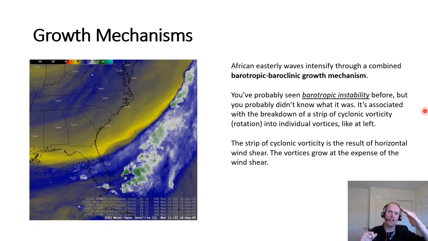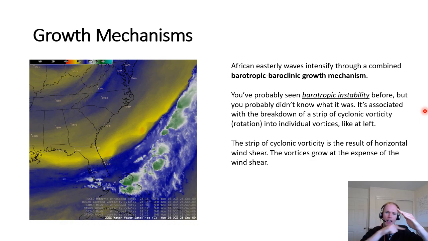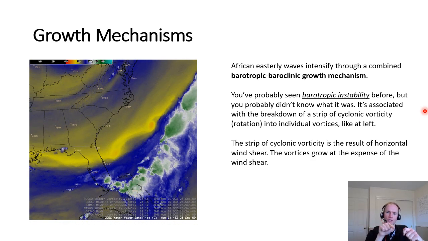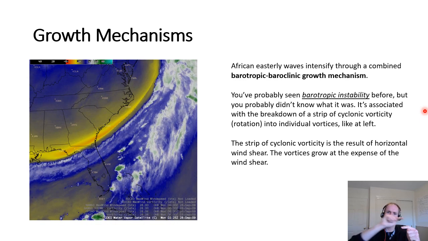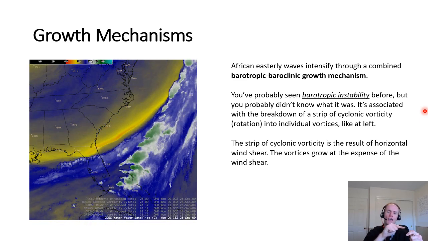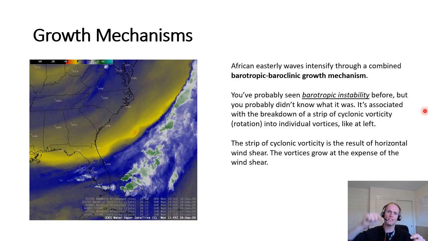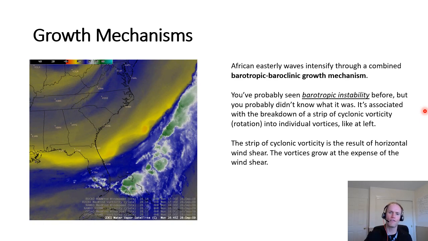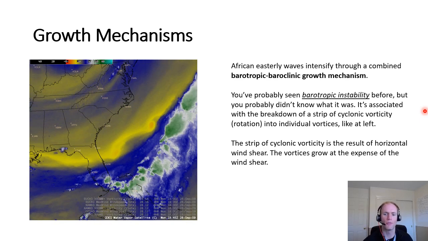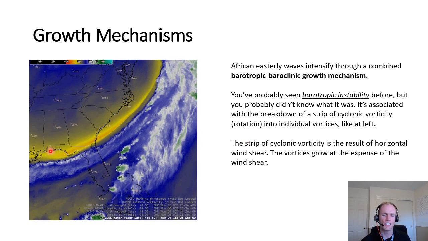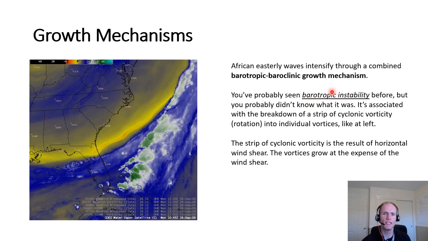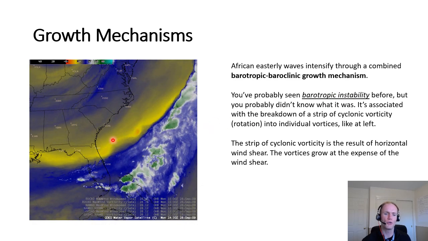From the base of the trough to that area of higher wind speed, you get flow in this particular case that is strong out of the southwest and then weak out of the southwest. So you're going to get something in the wind that is going to rotate in a cyclonic fashion along that strip. So we get a large strip of vorticity, and this barotropic instability causes it to break down into coherent